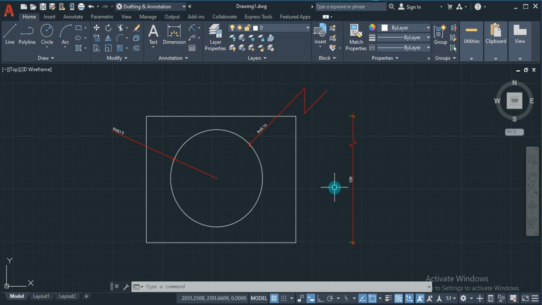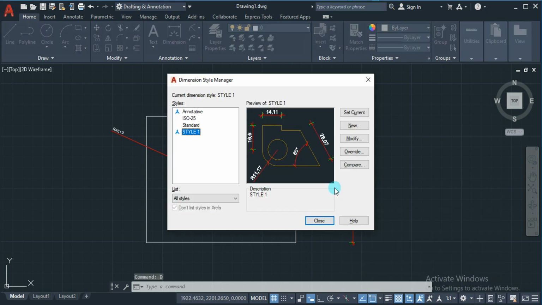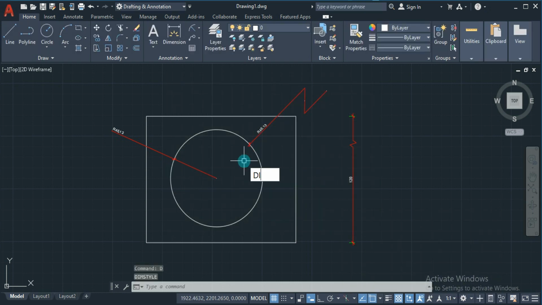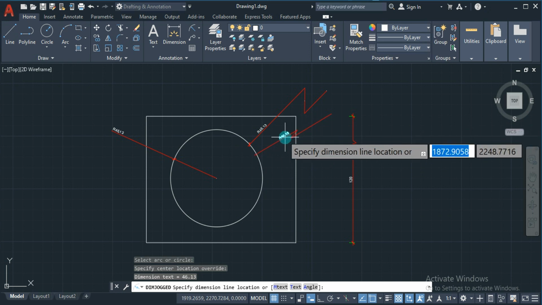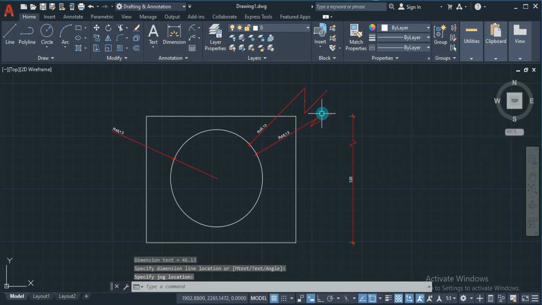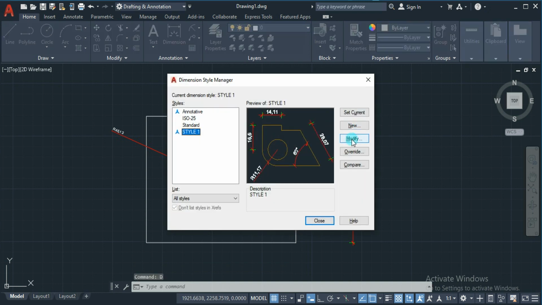So let us go back to D enter, and before that let us apply dim jogged again. I am going to select the circle and specify the center location, the dimension location and the zigzag. Okay, so here it was 45 degrees and here it is 20 degrees. We can see the narrowness in that zigzag symbol. Okay, so let us go for D enter again, modify,